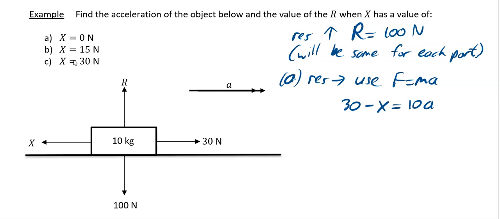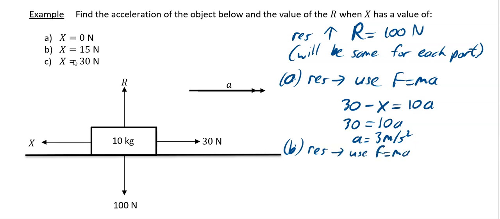Now in this case, the x is equal to 0, so it's just 30 is equal to 10a, which means a is equal to just 3 meters per second squared. For part B, we're going to do the same. We're going to resolve horizontally. We're going to use F equals ma again, and we've got 30 minus my x, which this time is 15, is equal to 10a. So 15 is equal to 10a, which means your a works out to be 1.5